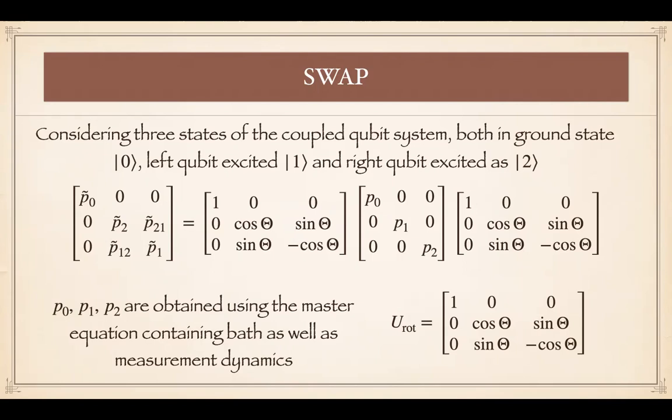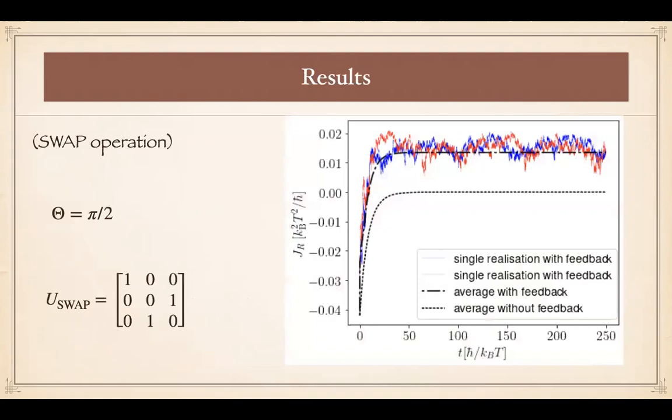So we were not sure what happens if you couple the 2 qubits and you do the measurement. And in this case, we also have weak measurement on top of the strong measurement they had. So we find that if you just do the swap operation, then average without feedback, you almost get no cooling, but average with feedback, you can get some cooling effect. And the red and the blue lines are with the noise term. Without the noise term, the average is the black dashed line.